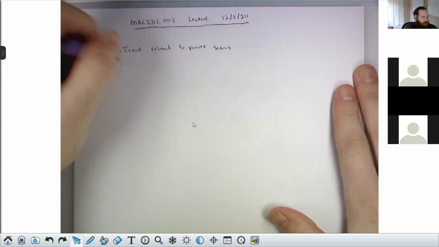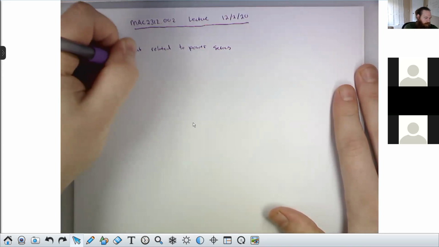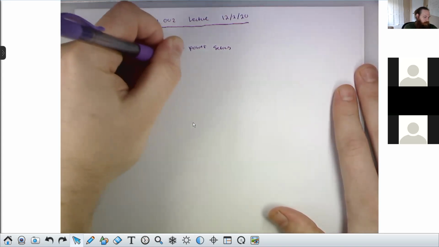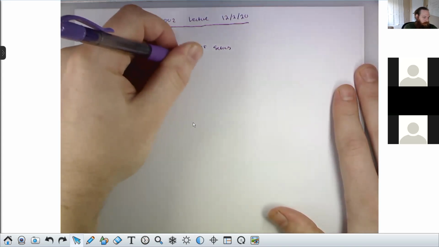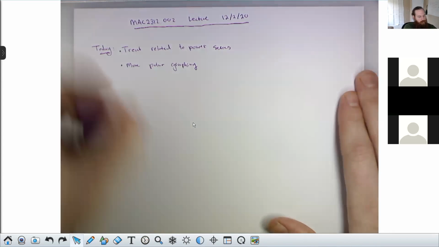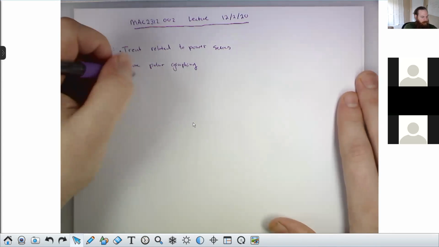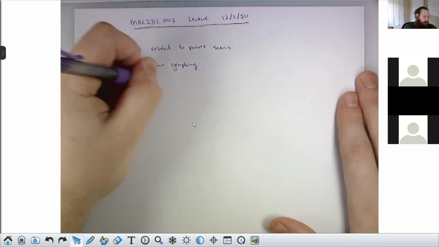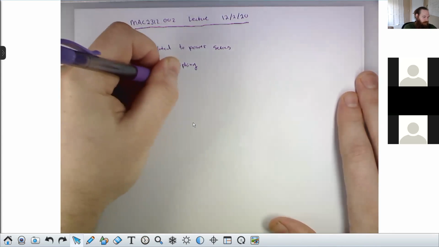Then we're going to look at another polar graph, some more polar graphs. There's one or two examples that I really like to do that we haven't gotten to do yet. And then the last kind of big thing today is we're going to talk about how to find areas in polar coordinates,